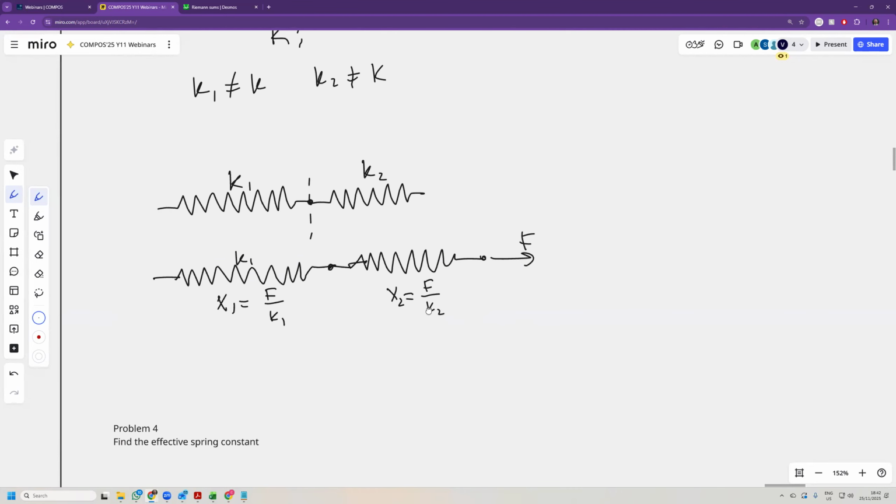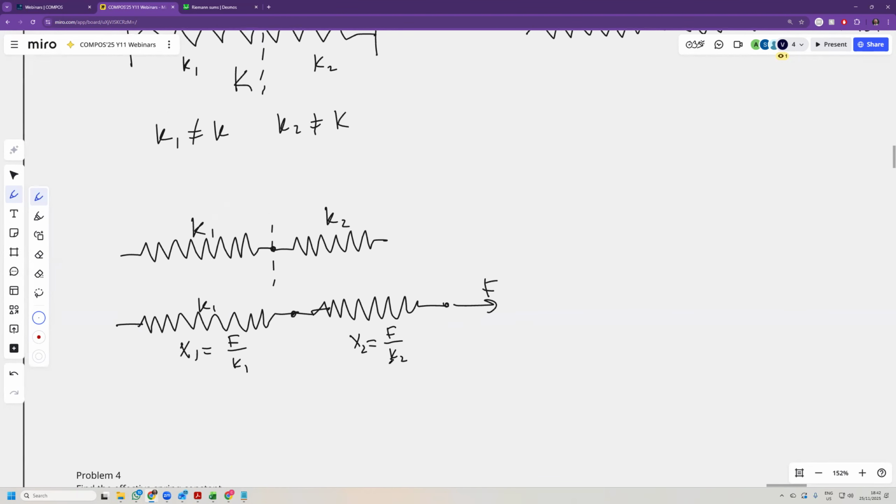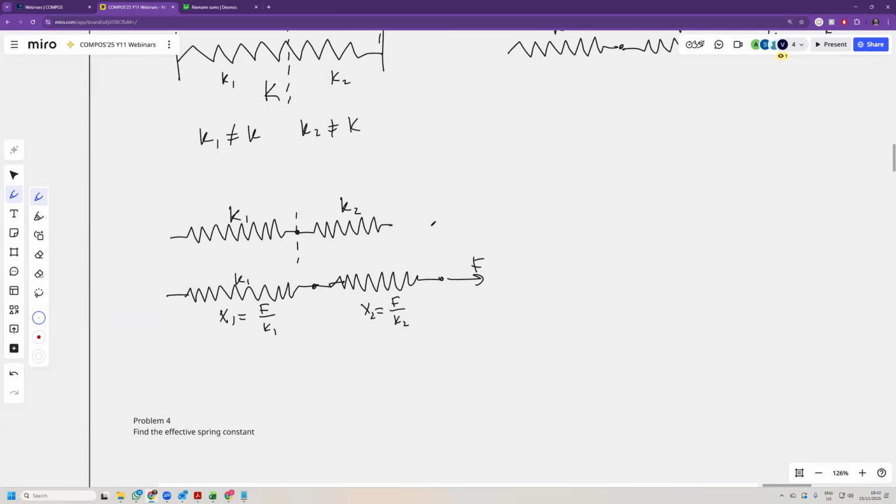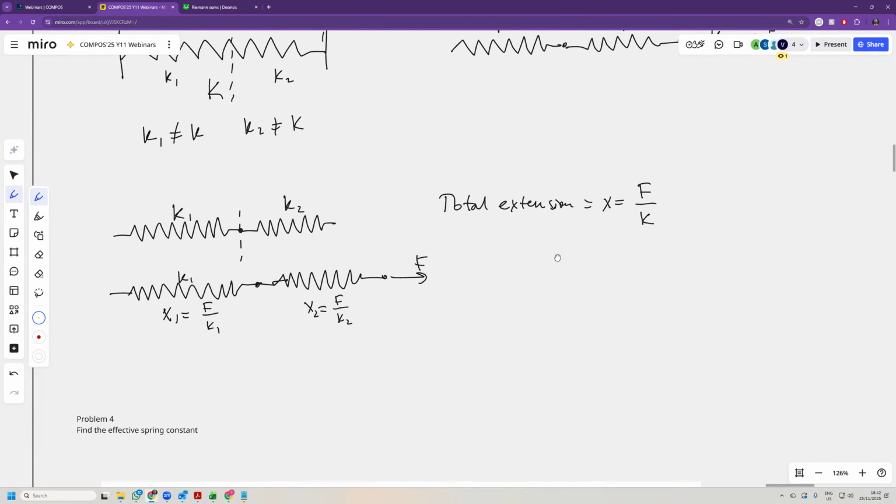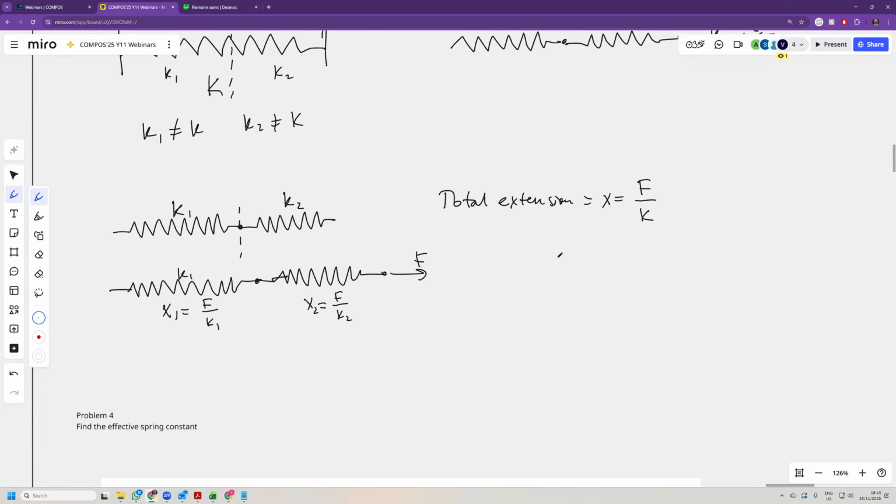Now, we know that the total extension is X, which is the force divided by the original K. But we also know that